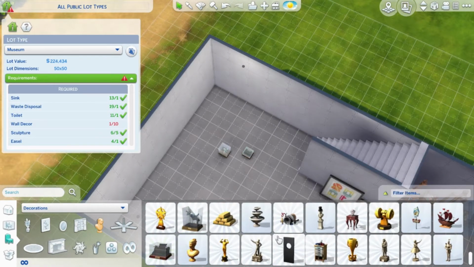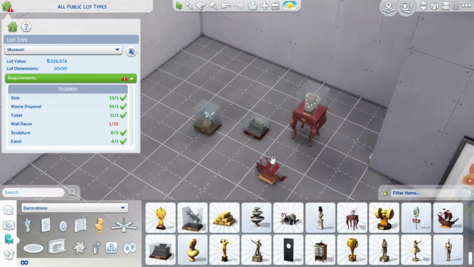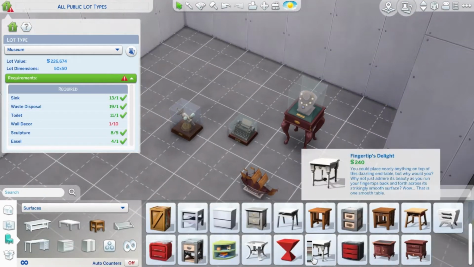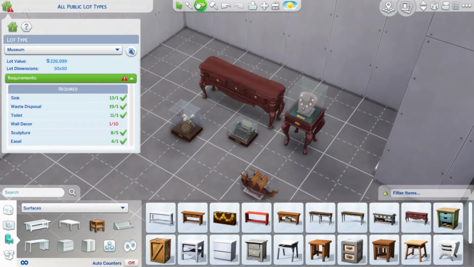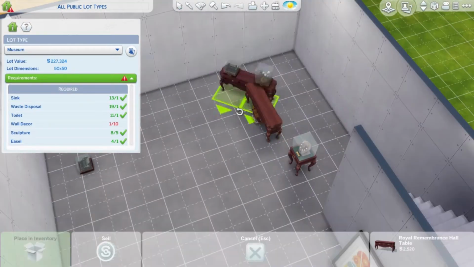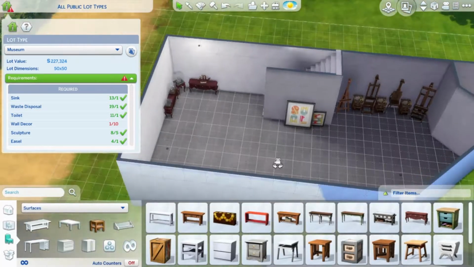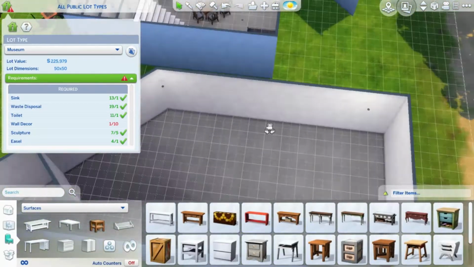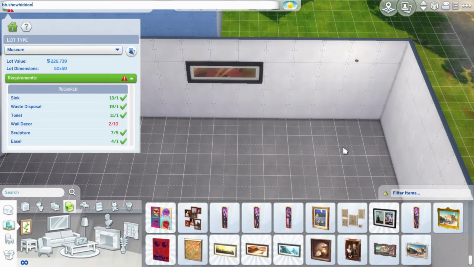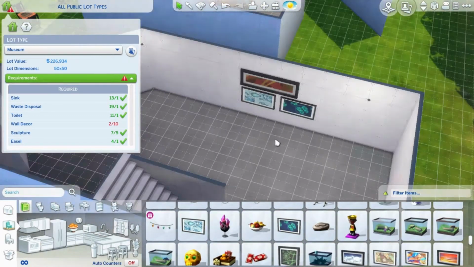And in the museum I needed wall decor and sculptures, so I put down some sculptures in the area next to the stairs. And the painter's easel that I needed, I put behind the stairs. So there were a lot of things that I put in this building. Just the museum alone has already a lot of builds, and I put down a lot of paintings,